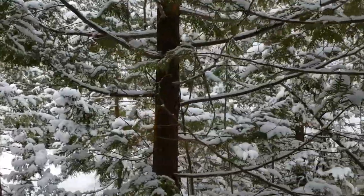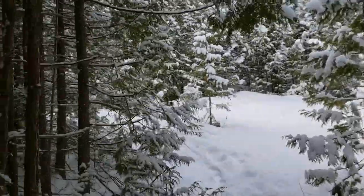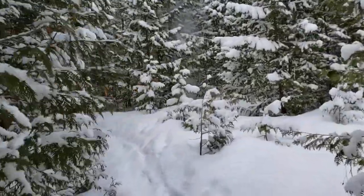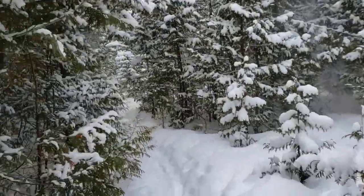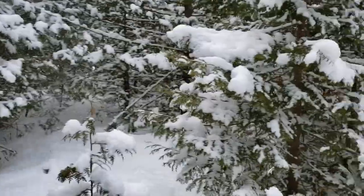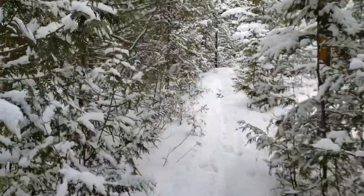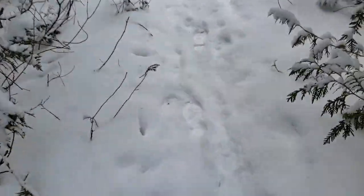I've got to say the forest is absolutely beautiful after a bit of a light snowfall. Anyway, the question was, if you were going to be lost out in the wilderness, sort of like we are now, although we're not lost, there's a pretty clear trail right in front of me, and actually someone else has used it recently. And I mean really recently,